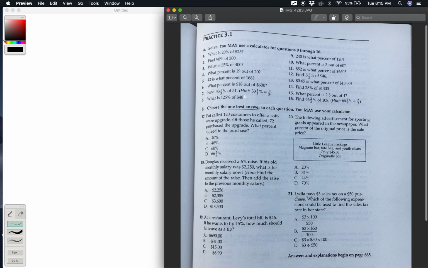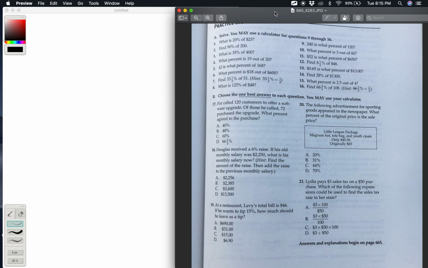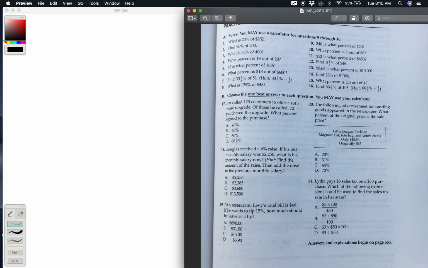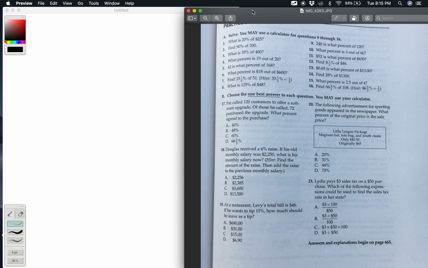Okay, so let's go ahead and start. We're going to start with number one. It says solve, you may use a calculator. What is 20% of 25? We're going to try and write it like the formula there. What is 20%